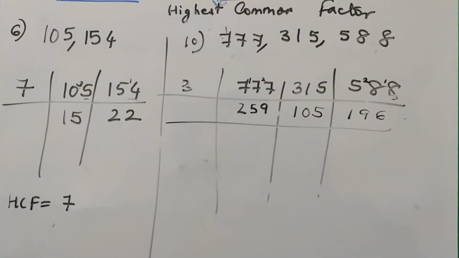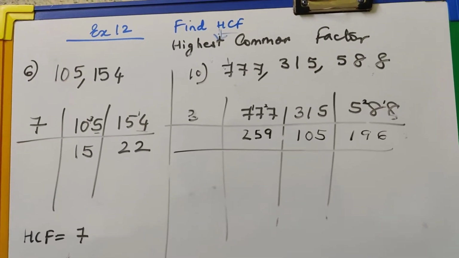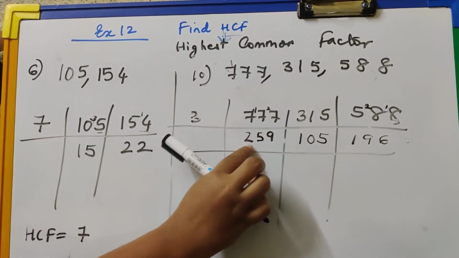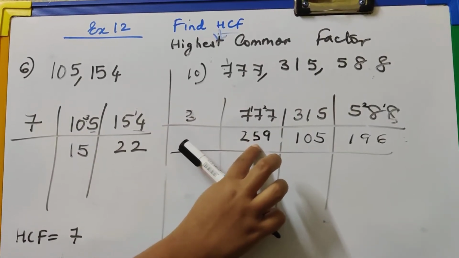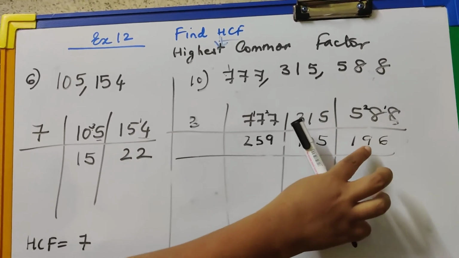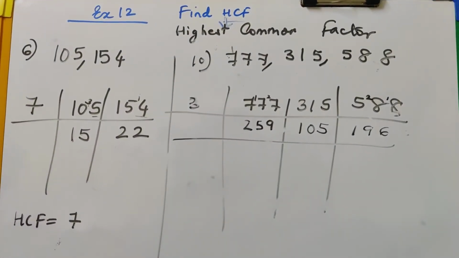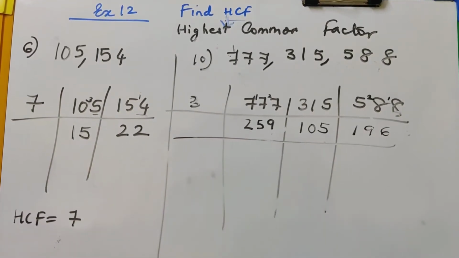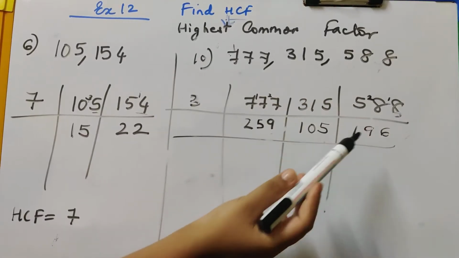Now again find one table that will help me divide all three of them. Let's see if we can use the table of 3 again. Now 5 plus 2 is 7 and 7 plus 9 is 16. So 16 doesn't go in the table of 3, so I cannot use the table of 3. Why? Because even if I use it for the other two, it's not going to be of any help to me. I have to find a number that will help me divide all three. I cannot use 2. Why? Because I have 5 here and 9 here. So I cannot use 5 because there is only 5 in one number. There is no 5 or 0 in the other two.